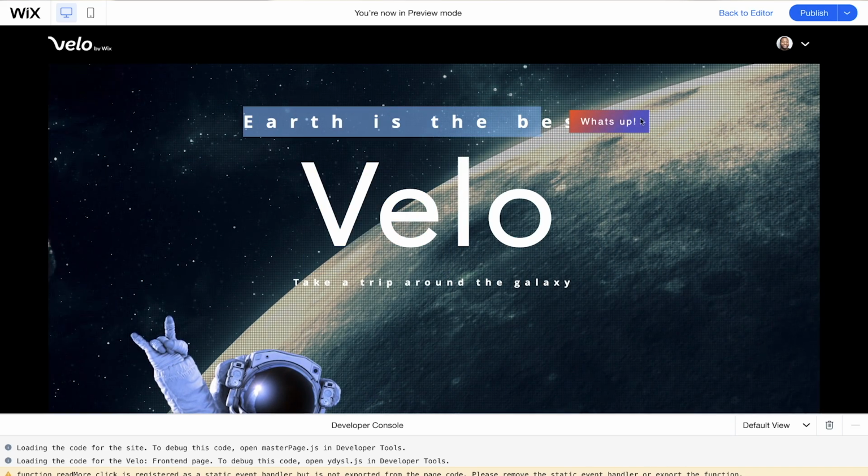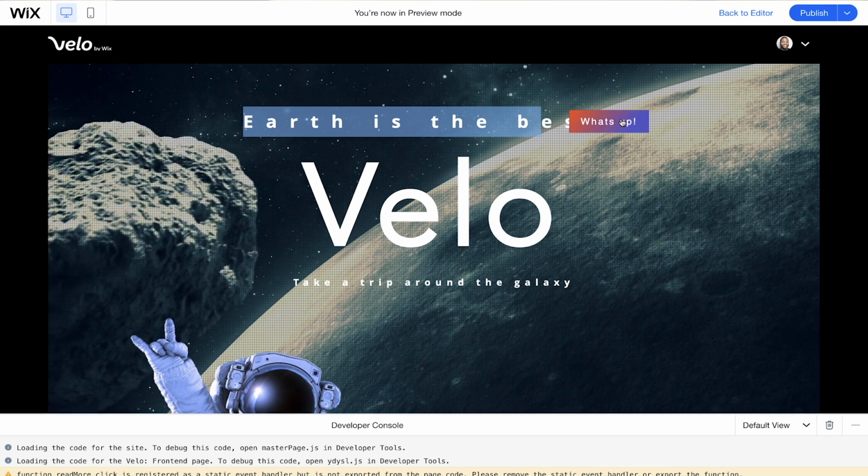So I could have moved this over design-wise or maybe added less text, but this is the great thing about preview mode. I can go in and out of the editor, and what I see is what I get. I can drag and drop and get back to my code really easily without having to go through HTML or CSS.